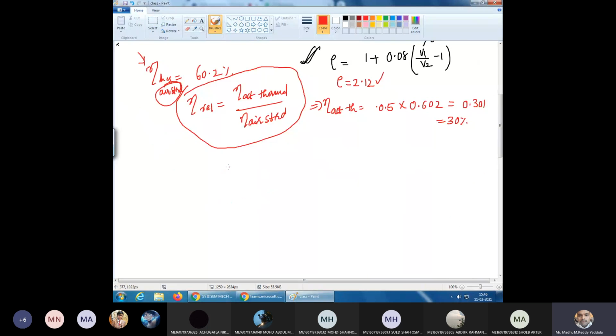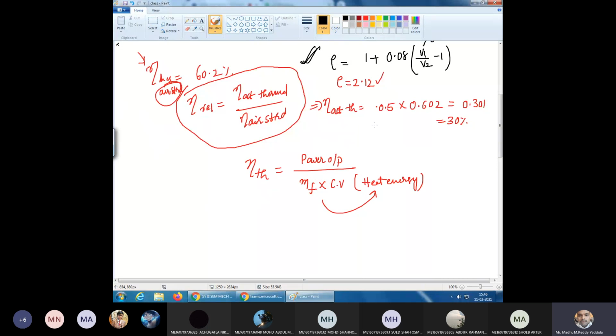Thermal efficiency is also defined as output by input. So what is the output I am getting? Power output. What is the input I am giving? Chemical energy, that is mass of fuel multiplied by the calorific value. This is nothing but the heat energy we are giving to the engine. How to get heat energy? How much fuel we are burning, and what is its calorific value? Right? What is the power output? He is asking for 1 kilowatt hour. Therefore, power output is equal to 1 kilowatt.